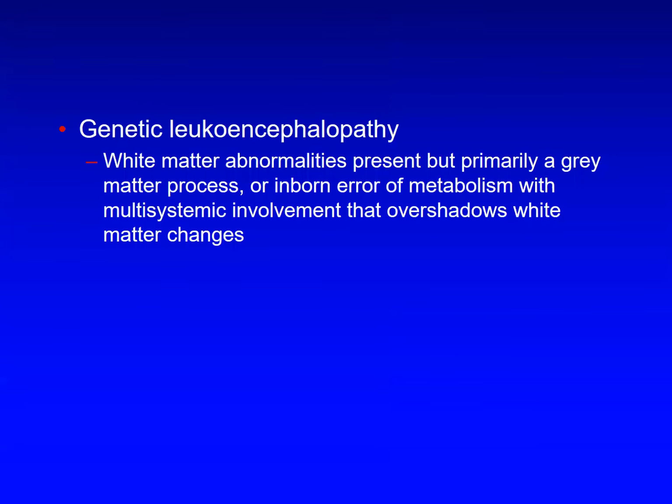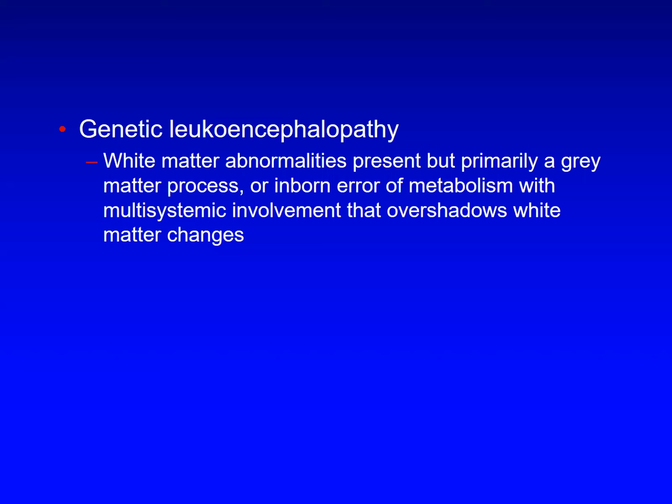And they also separated out true leukodystrophies from genetic leukoencephalopathies. So what are these? These are also abnormalities that have white matter changes, but it's not predominantly white matter. There is either a gray matter component or a multisystemic component that overshadows the white matter changes. And this includes a lot of errors of inborn metabolism, although there are some metabolic abnormalities that are still considered leukodystrophies. So I think it's a little bit of a confusing term, but that's basically what we're talking about